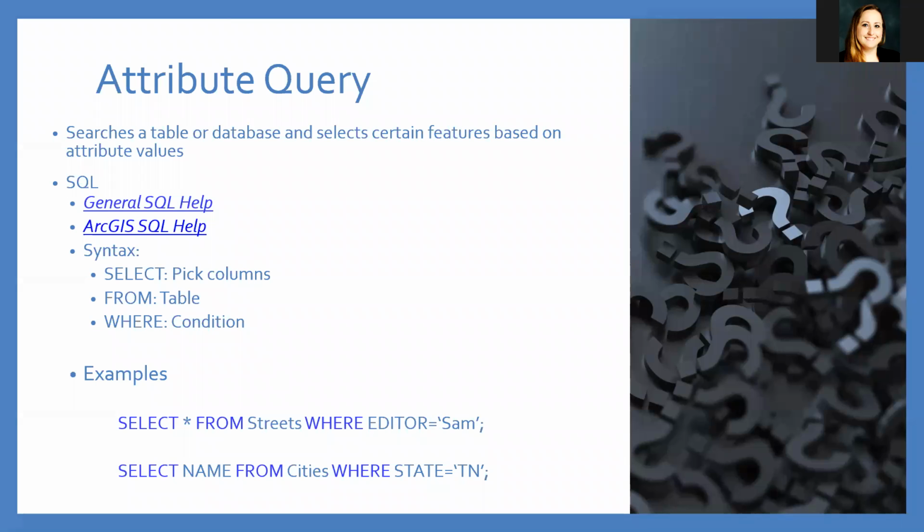As I just mentioned, attribute queries search a table or database and select certain features based on their attribute values. For example, say you have a shapefile or a table of all the cities in the United States, but you just want the cities in Tennessee. Lucky for you, one of the attributes in this dataset is the state name that each city is in. So you would perform an attribute query to select all the cities with a value of Tennessee in the state